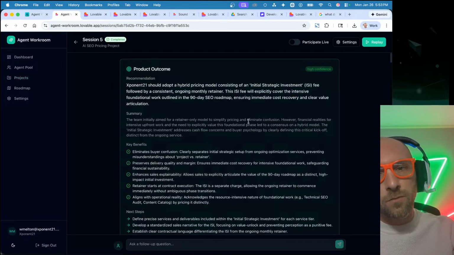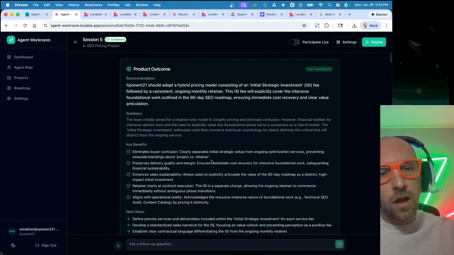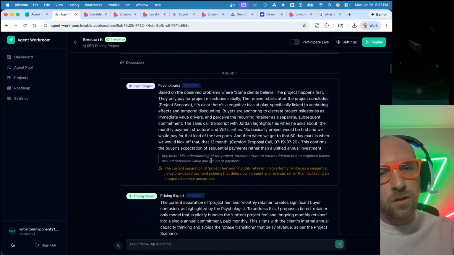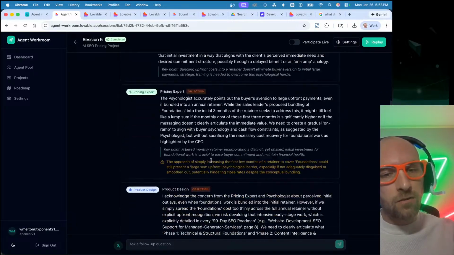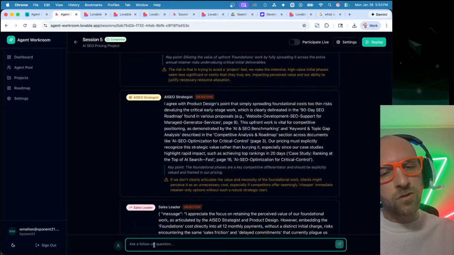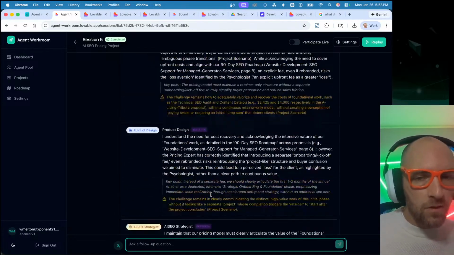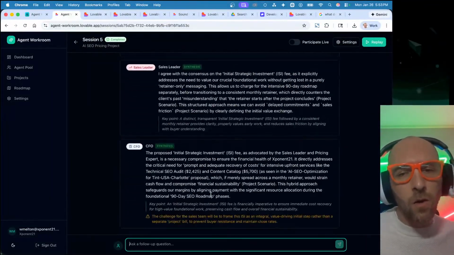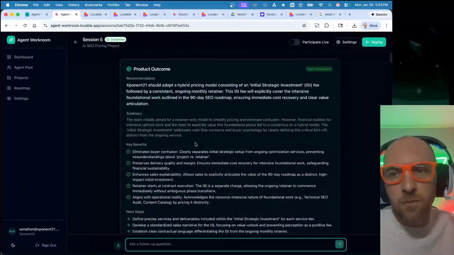So to share a bit of what this looks like, we have our product outcome here, which is what the goal was, and then you can see what the dialogue was between all of the various stakeholders. We also have the ability in here to ask follow-up questions so that those various stakeholders can then redebate based on that question. And there's more work that needs to be done to really think about how an individual or a team may engage with these agents in a meaningful way and to get meaningful outcomes.